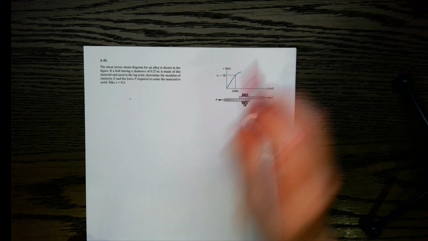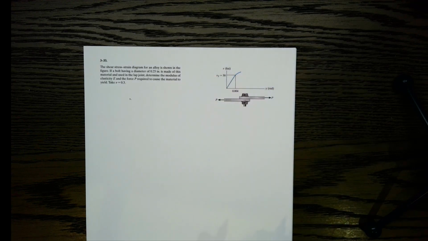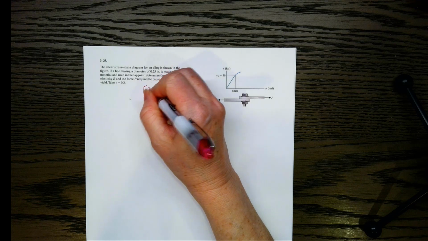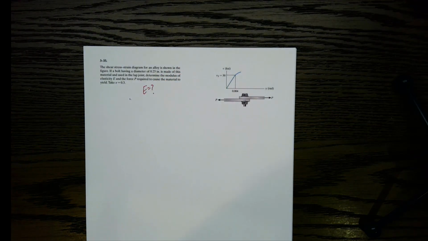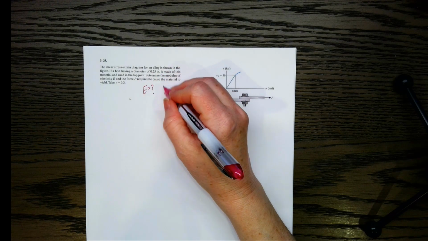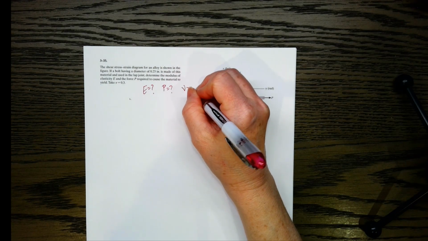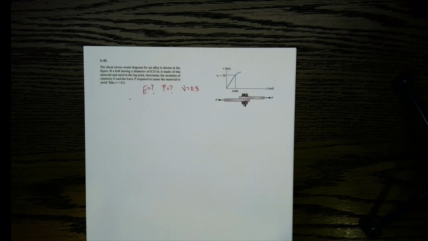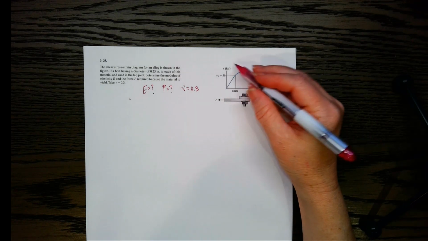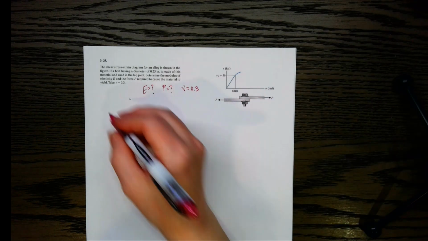So let's see how we would go about doing this. We want to find E, the modulus of elasticity, and we need to find the force P, right? And we have nu, which is 0.3, that's Poisson's ratio. So we've got all of these things going on, and then we've got this information here. Well, if you remember,